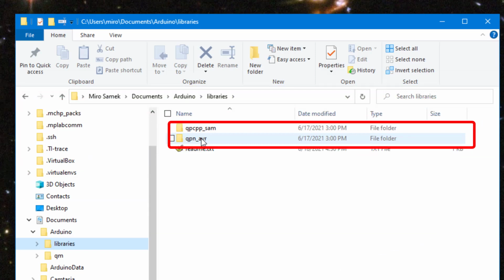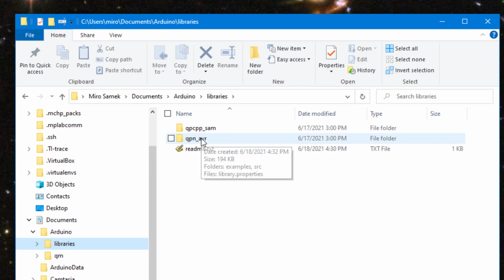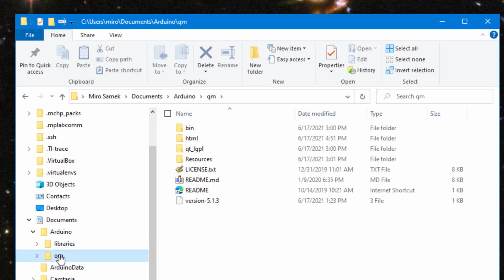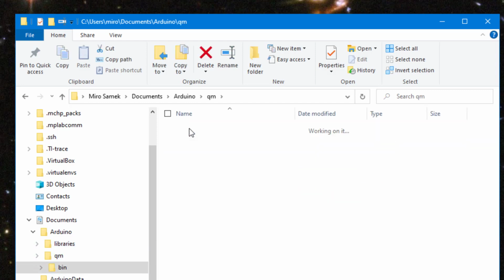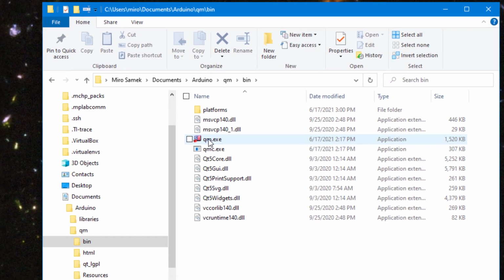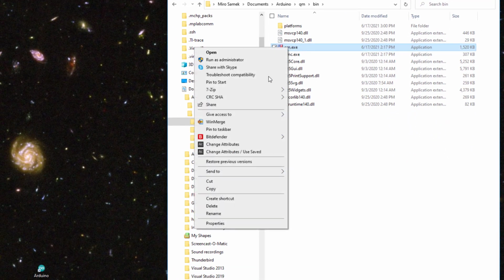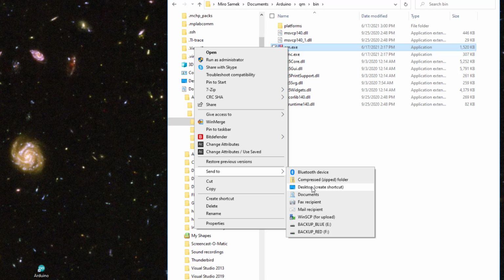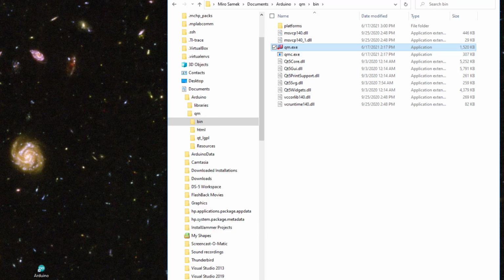By being located in your Arduino folder, the QP C++ and QP Nano libraries will be visible to all your Arduino projects located anywhere on your disk, not just in your Arduino sketchbook. Apart from these libraries, you also get here the QM modeling tool, which will be your visual external editor. To make the tool more accessible, you might want to get into the QM bin directory, right-click on qm.exe to open the pop-up menu and choose the Send to Desktop option to create a desktop shortcut.